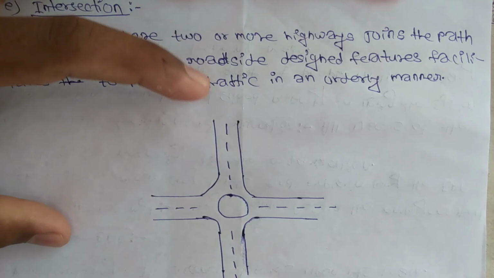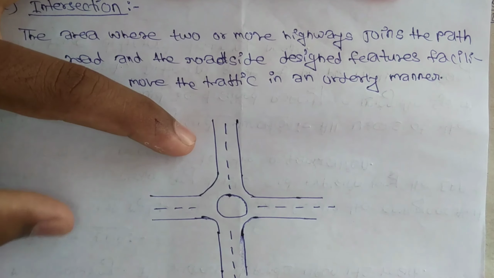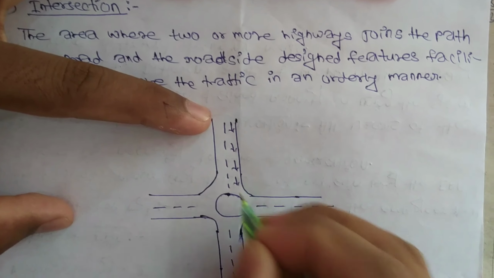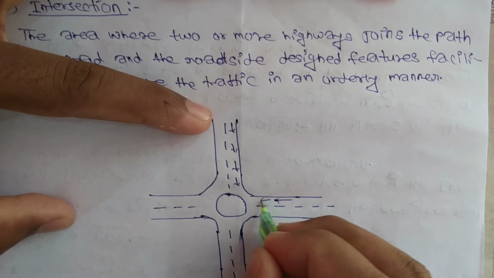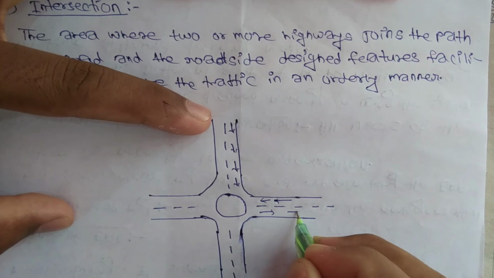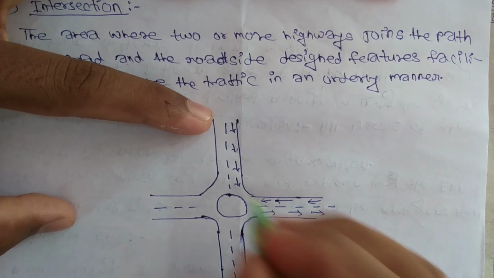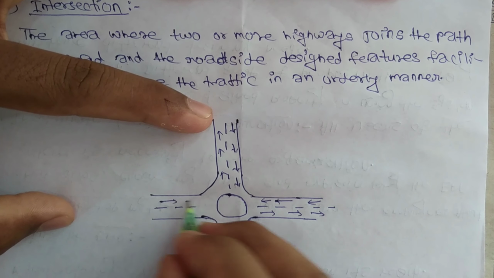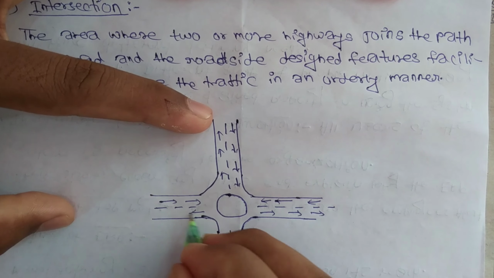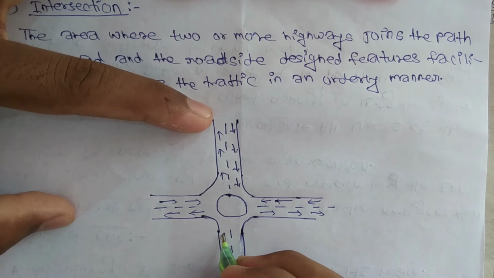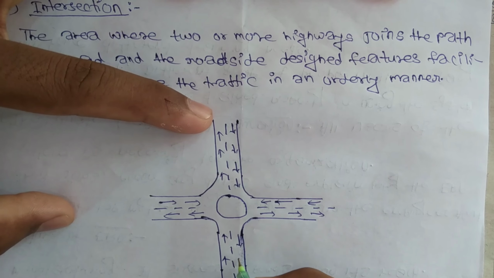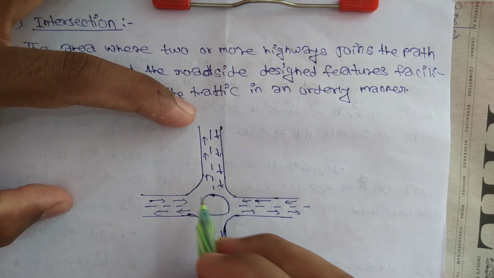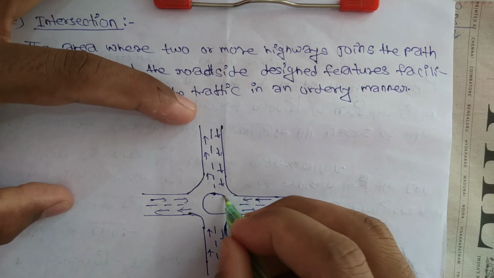So this is the intersection. These are the vehicles entering into the intersection, this side going. From all the four sides the vehicles are coming to the intersection. This is